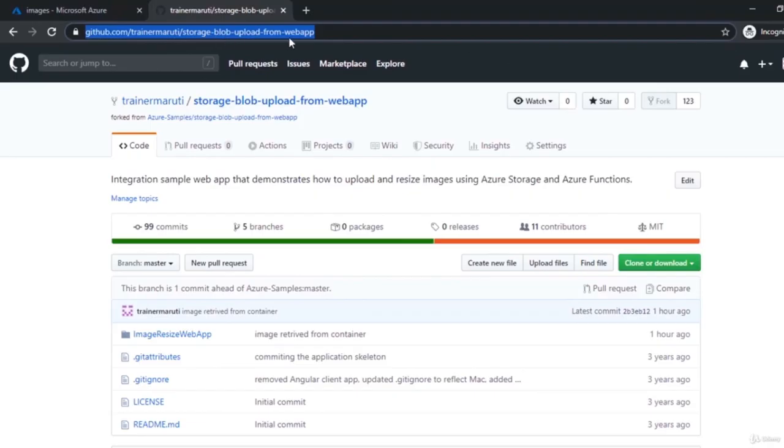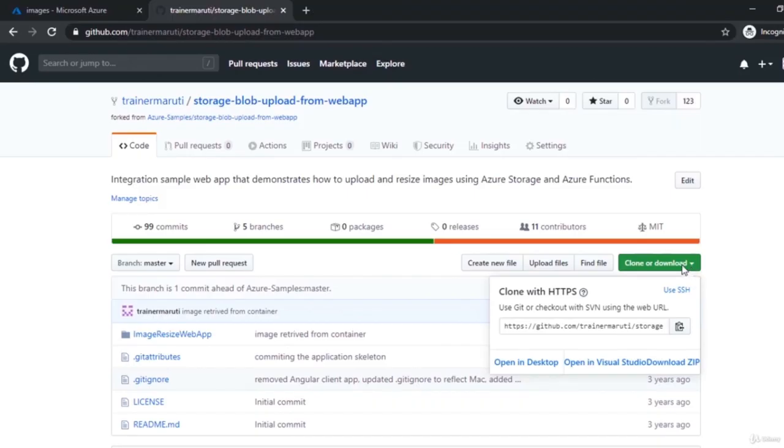github.com/trainermaruti/this storage blob upload from web app, this is a web application code which I have associated with the storage blob. I request you to click on the fork of this repository once you go there, and if you have a GitHub account, this will automatically fork into that. You'll have access to this GitHub repository connected with your GitHub repository, and then you can just click on clone